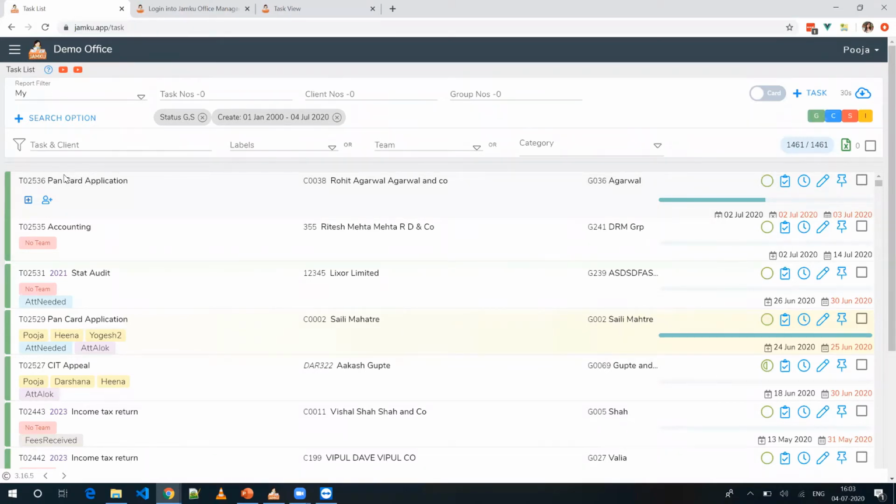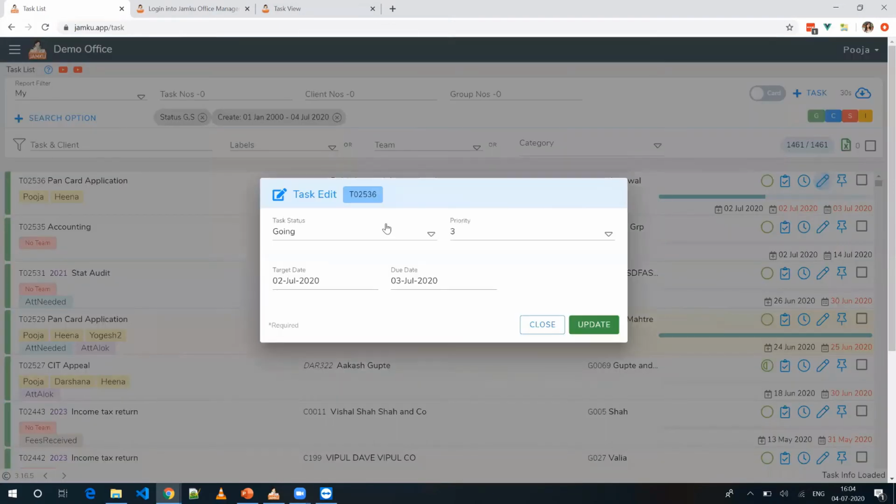Whichever task you create in the system, we will see how to create the task, each and every task will have 4 kinds of status options: going, completed, stuck, ignore. By default, when you create the task, it will be in the going state. Once you complete it, you can mark it as completed.